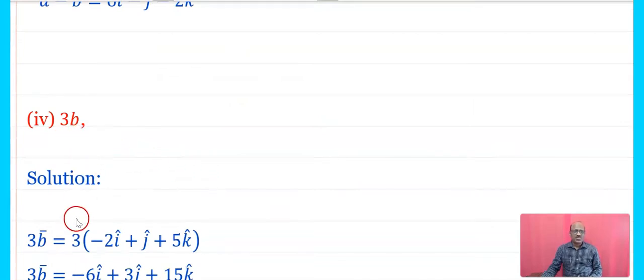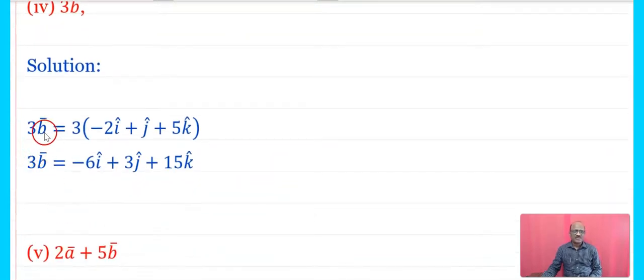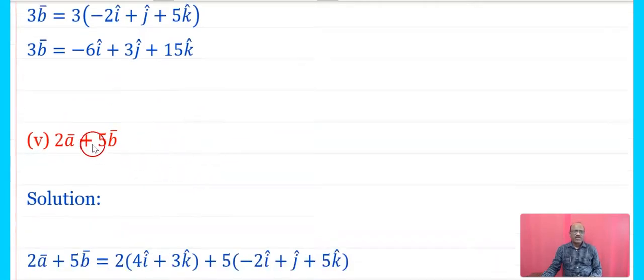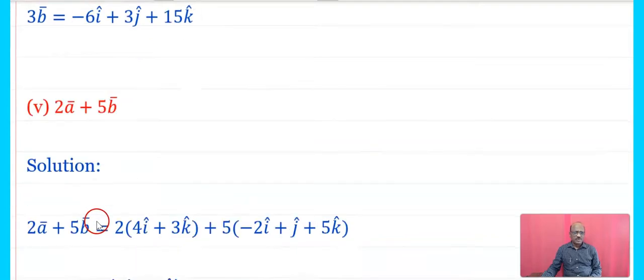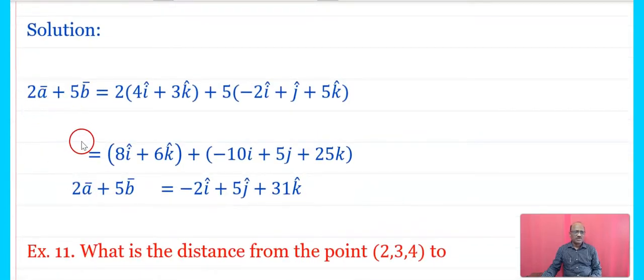Next is 3b bar, and here 3b bar is 3 times minus 2i cap plus j cap plus 5k cap. If you multiply it, then you will get minus 6i cap plus 3j cap plus 15k. Okay. Find out 2a bar plus 5b bar. That is, 2a bar plus 5b bar means what? 2 in bracket a bar means what? 5i cap plus 3k cap plus 5 in bracket minus 2i cap plus j cap plus 5k cap, and if